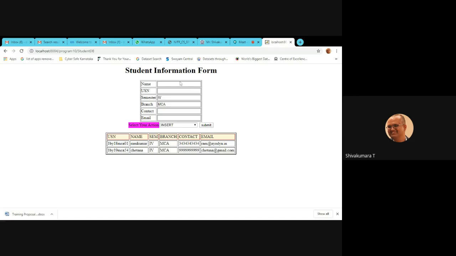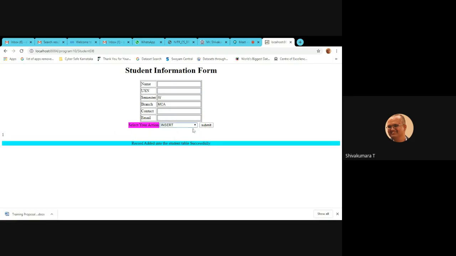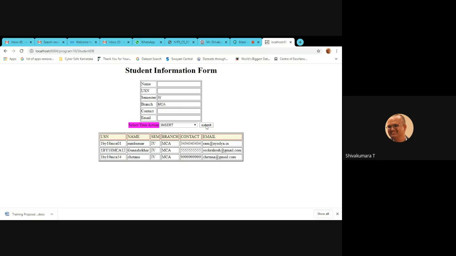Again, go with one more insertion. Insert, record added, display record. Okay, is it clear? Insertion and display is happening, right?